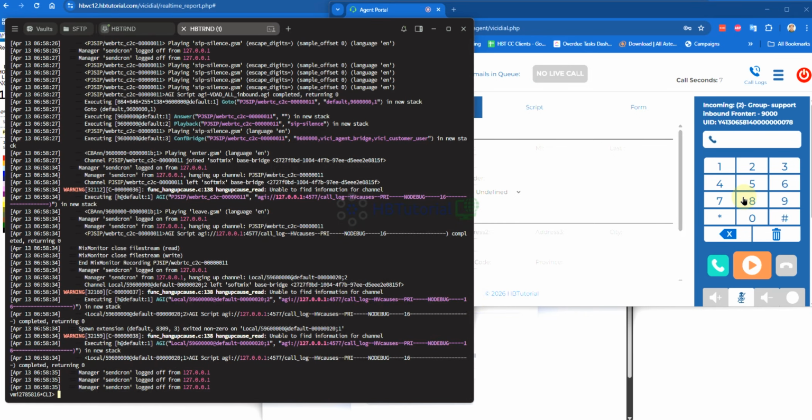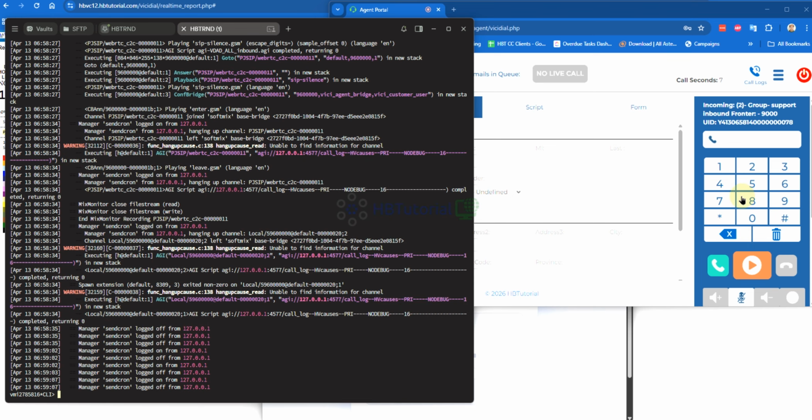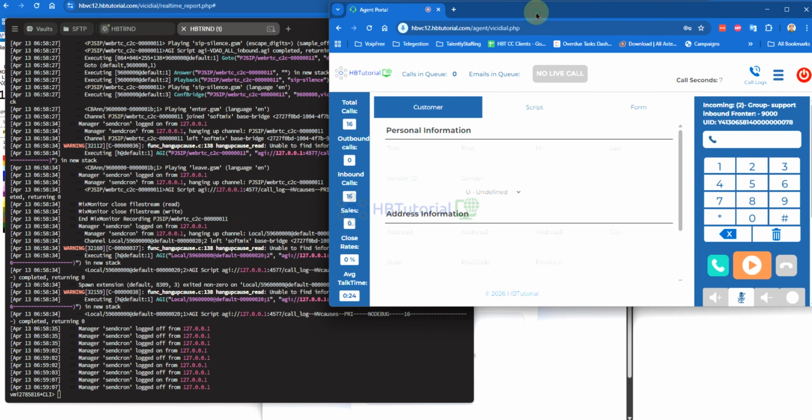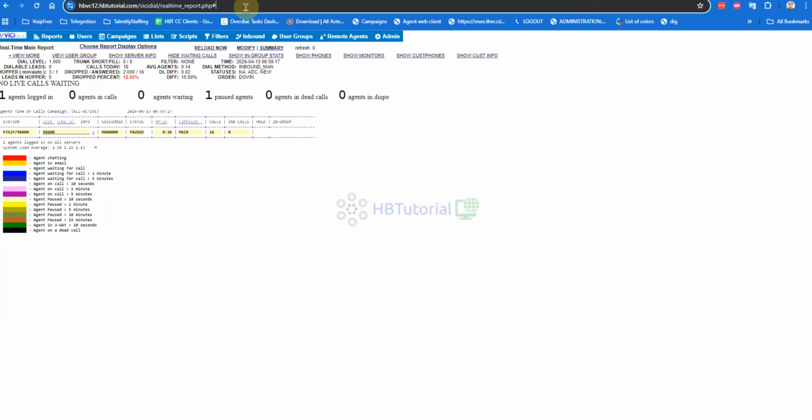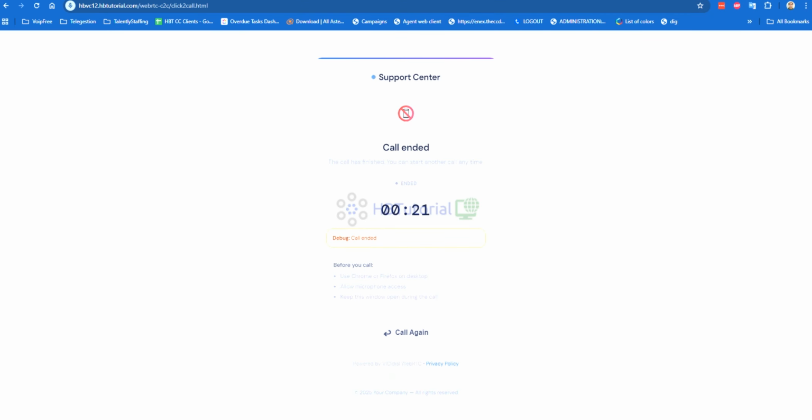So this will work if you are handling support for some website or customer service, or supporting some internet providers or telco providers. So you don't need a VoIP carrier for clients to contact support, so that a client is able to call you directly using the click to call website link.